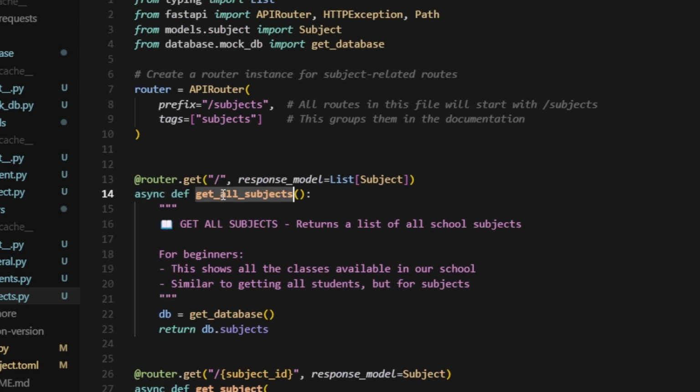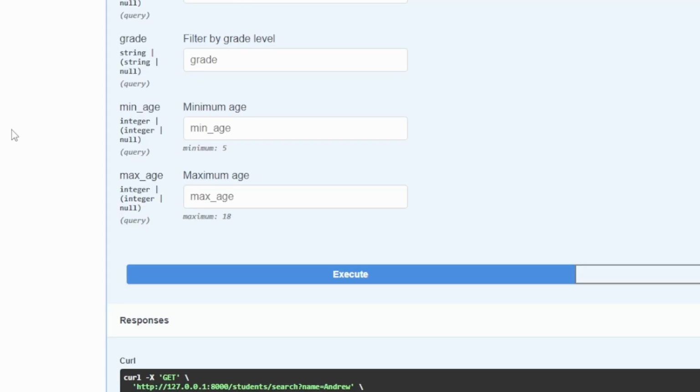Also, we will be able to get all the subjects as well. So get all the subjects and get all of the database information about subjects, then pass that into our return and return all the values that we have there inside of our subjects. So again, we need to save this. I'm going to stop the server and then run it again just so it picks up the subjects. We should now be able to go inside of our